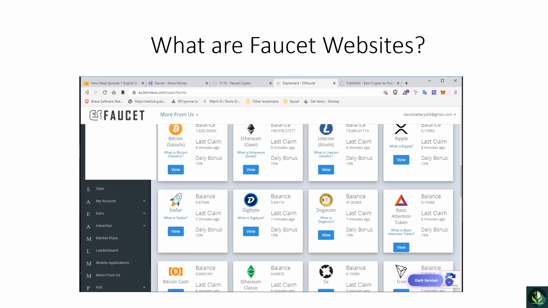Another feature of this Bitcoin faucet website is that after you perform a few tasks, they don't allow you to withdraw the amount of Bitcoin that you earn. So you want to make sure you are using this service in the long term rather than the short term, because in the past there have been many cases where sites have been spammed with bots.